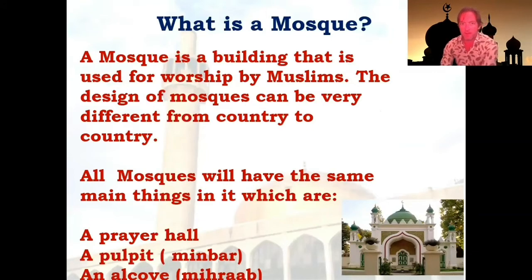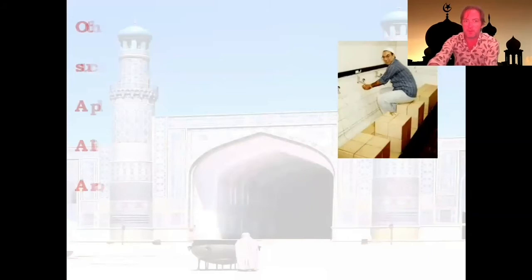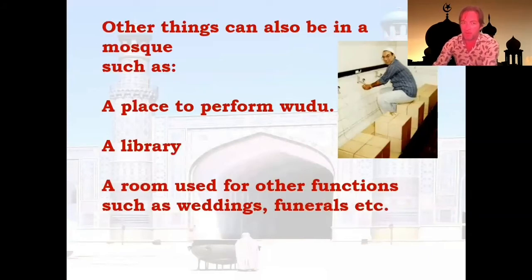Welcome back. As explained a few minutes ago, a mosque is a building used by Muslims for worship. They have similar features to what we've just explained. And before Muslims go to pray in the mosque, they also enter a place to cleanse themselves. This is a spiritual cleansing, which is called wudu, and it's a place where Muslims go to make sure that they are physically and therefore spiritually clean before they embark on